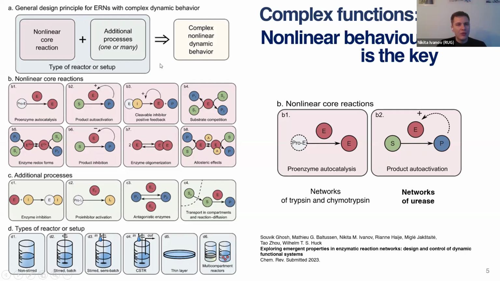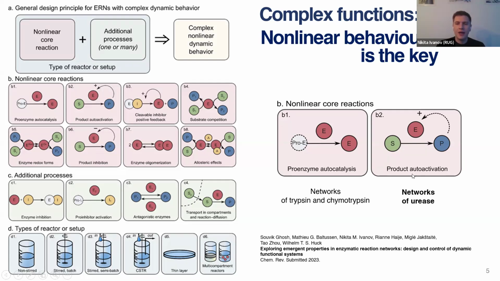If we look at the sorts of core reactions that are described in theory and that are employed in practice, we actually find that even here there are several mechanisms that are well known in theory, some of them since the 60s or 70s, however never realized in practice. In practice of enzymatic networks, the two most common motifs are, first, proenzyme autocatalysis, in which an inactive precursor, by the action of the product, turns into product. This is a classical example of autocatalysis. The examples are networks of the enzymes trypsin and chymotrypsin. I will show one example in the next slide.